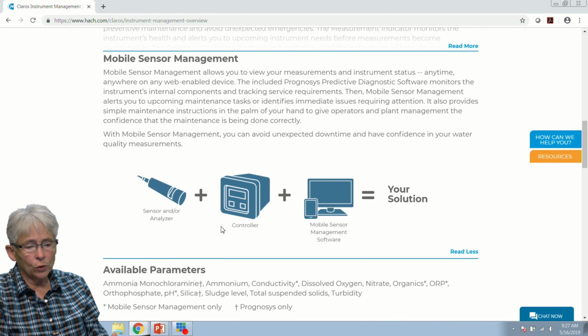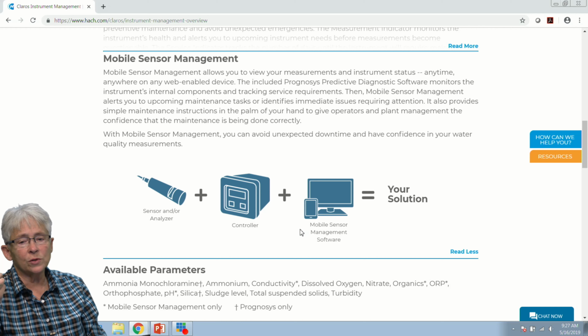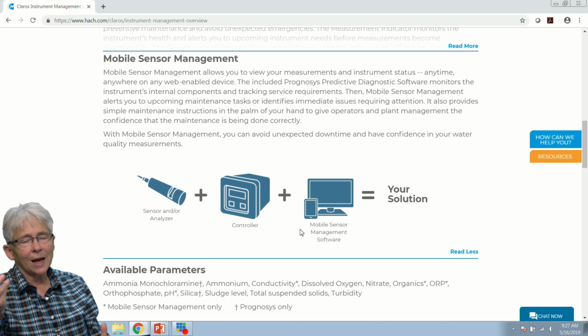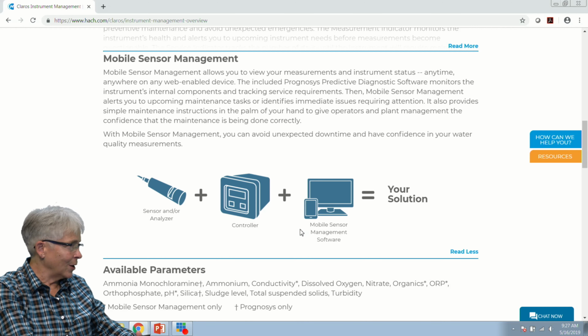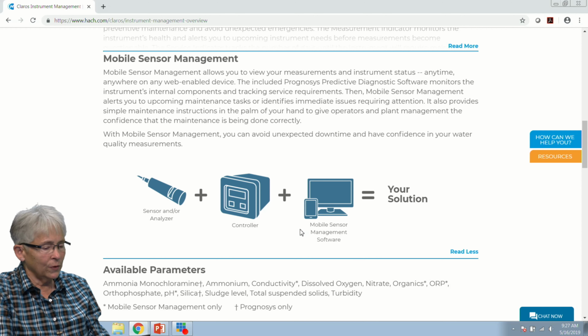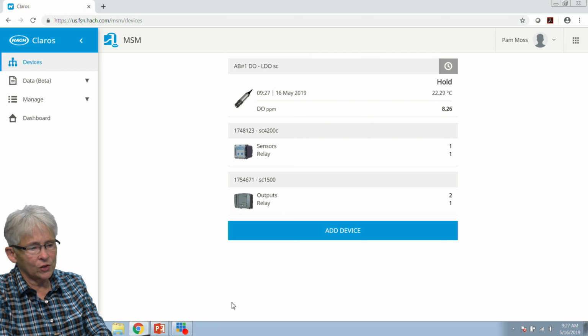You have the controller transmitting the data to the Microsoft Azure cloud, where you can take a look at that and see that metadata within that instrument to see DO probe when the caps are due. You know, pH, is it out of whack? Ammonia, you can actually calibrate from your DR3900 through your lab back to that analyzer. So there's a lot of very, very exciting things going on with Azure Cloud technologies,